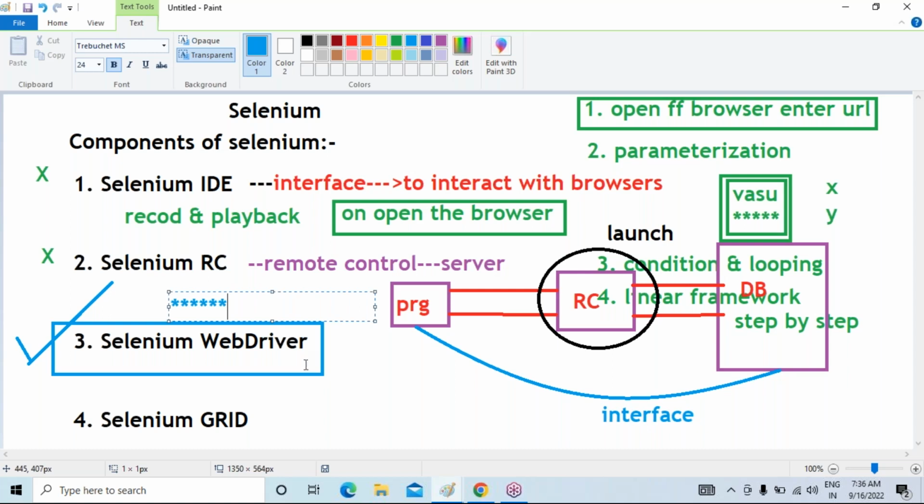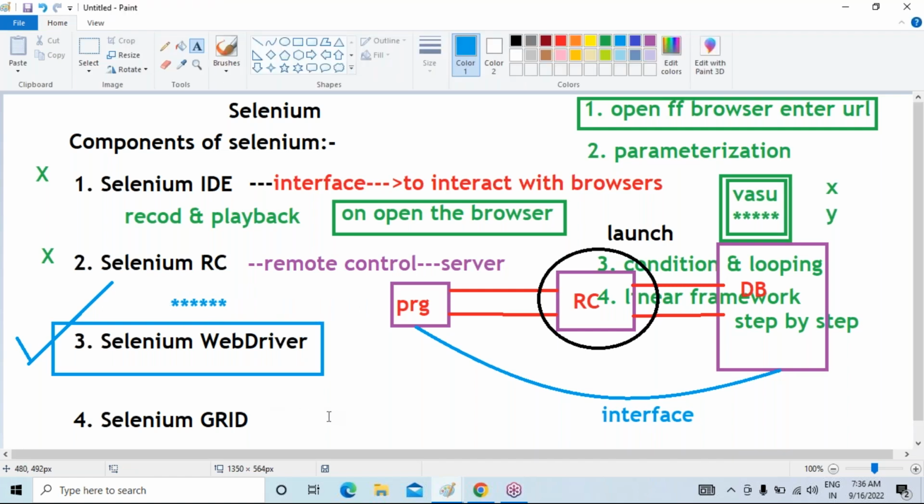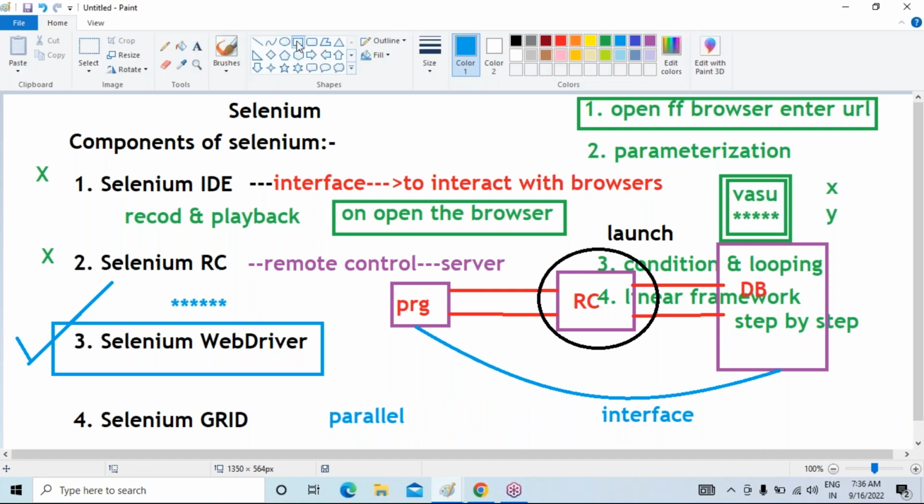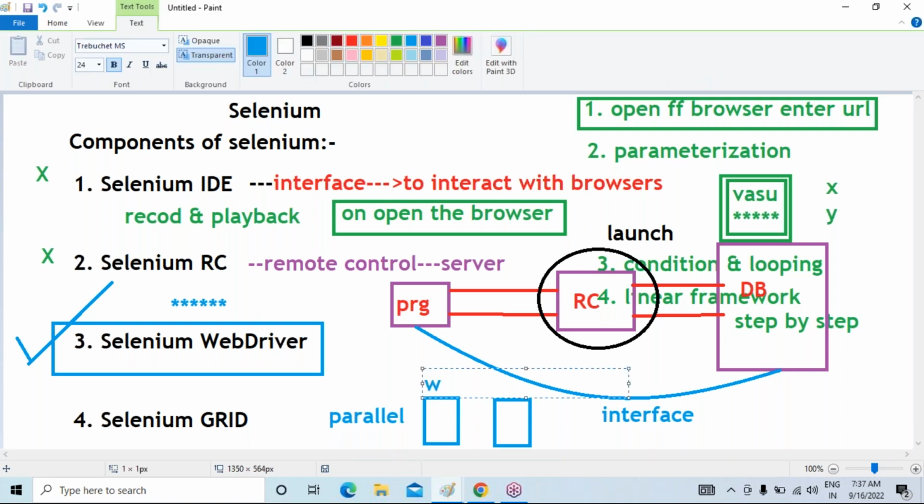Then the next one is Selenium Grid. The grid is mainly used for parallel testing. So what is meant by parallel testing here? Parallel testing is nothing but I have one test case that I need to execute on both systems in parallel at a time. So I have the Windows machine, I have the Linux machine,